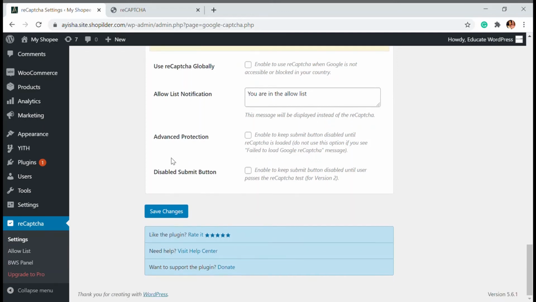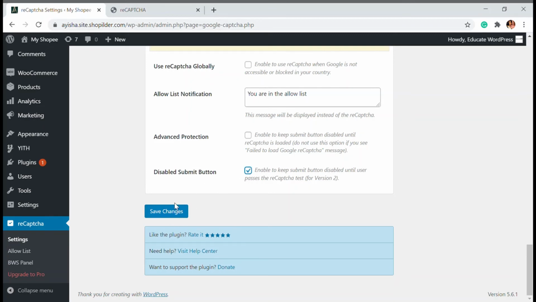All right. Also there is advanced protection, which enables you to disable the submit button until the reCAPTCHA is loaded. Also, disable the submit button until the user passes the reCAPTCHA test. So that's also there.